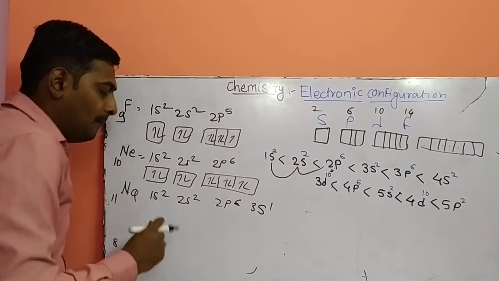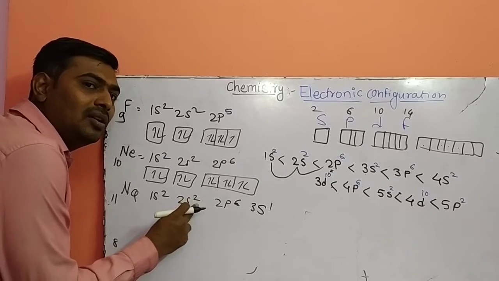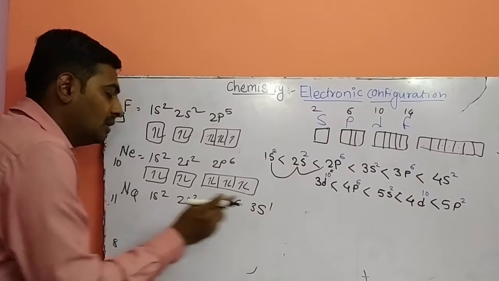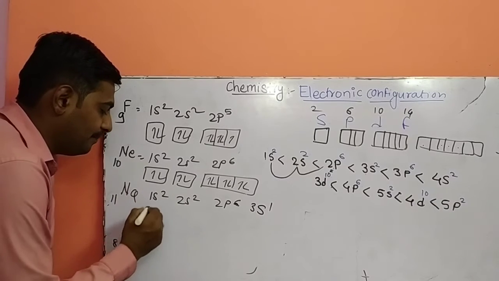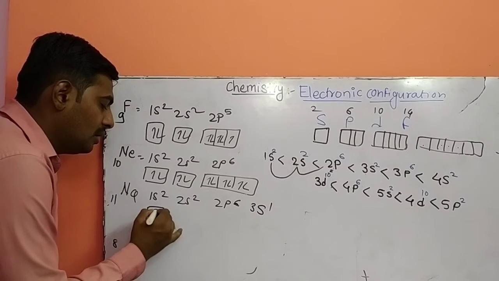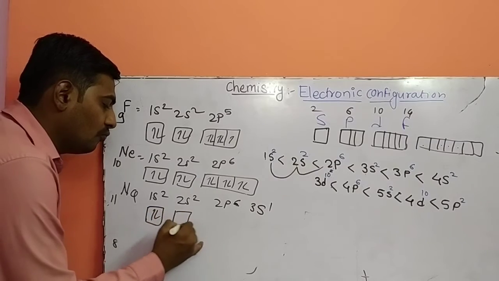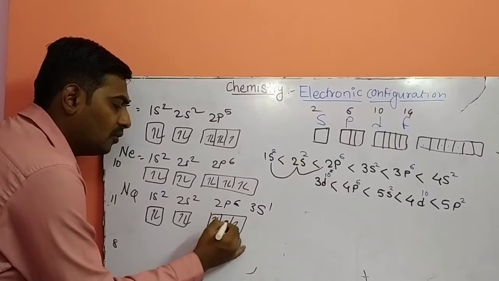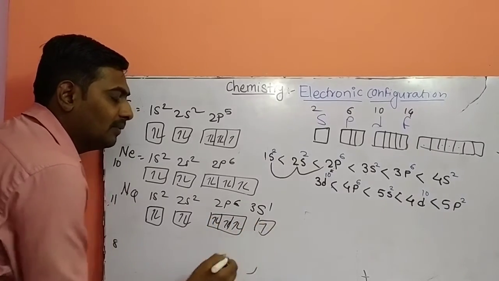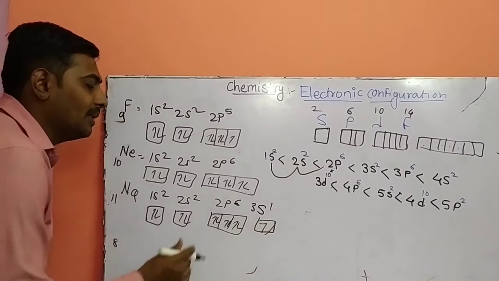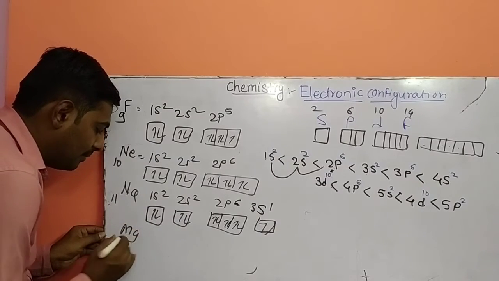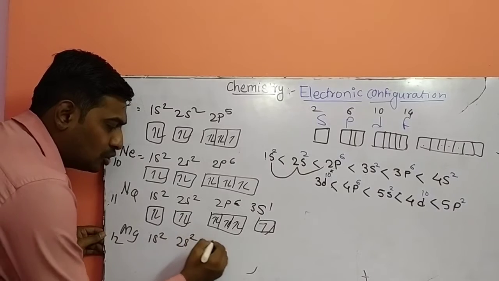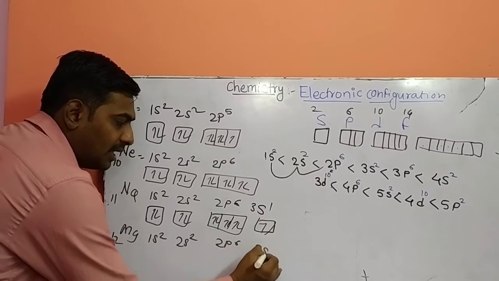3s1. 2 plus 2 you will get 4 electrons, and then 6, it will be 10 plus 1, 11. 1 2 1 2, 1 2 3 4 5 6, and here 3s1. Next, atomic number 12, magnesium, 1s2 2s2 2p6 3s2,